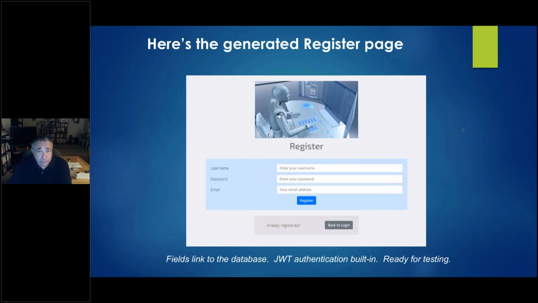So here's what gets generated from that wireframe. This is a generated and hosted registration page with server-side hash password, never have to send a password back to your web page, so nothing's exposed. All the JSON Web Token stuff is done, so it's an authenticated registration. Name uniqueness is enforced. All that comes for free. And so basically, you can start testing this now.